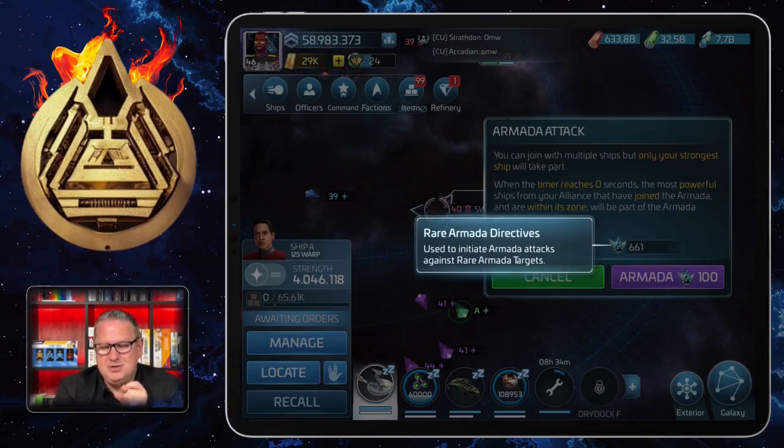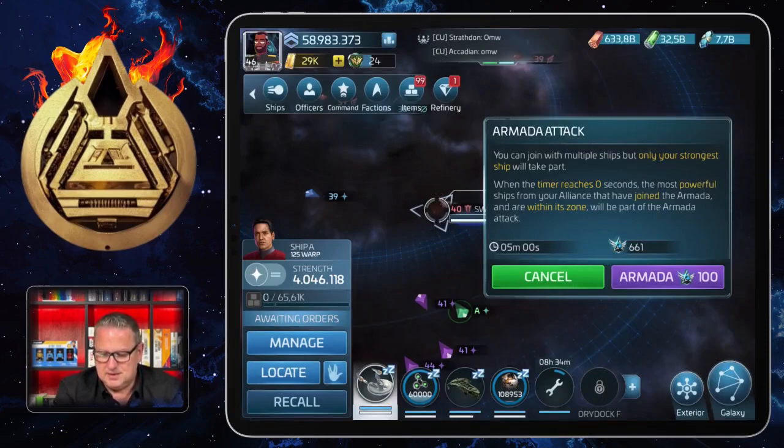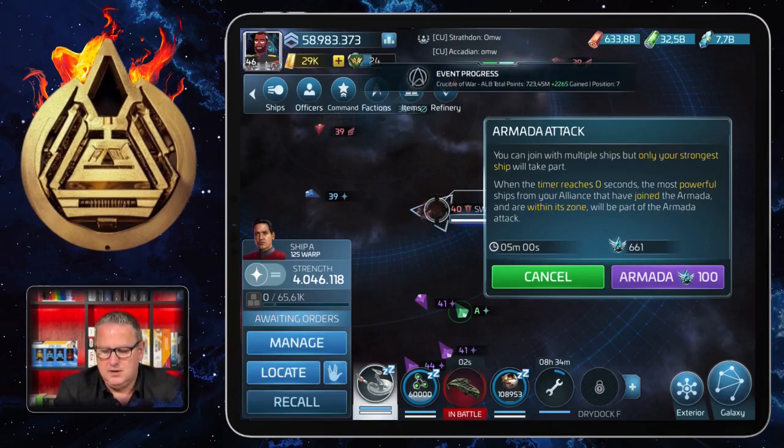And I usually would never spend rare Armada directives. That's why I rarely do these. But I do it for this video. So I take the bullet for you again, so to speak. Because I need 100, but then I will have 560 left and cannot do 3 anymore. So that's the point. But it costs 100 rare Armada directives, of the ones you also would use for...